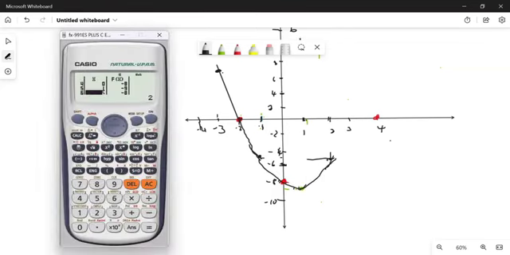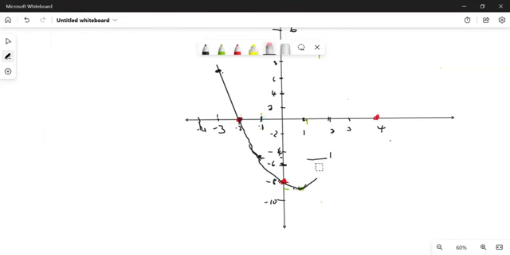So we say we have 2 and minus 8. This one is going to go with this one. And then 3 goes with minus 5, and then 4 goes with 0. And then 5 goes with what? 5 goes with 7. And then this is